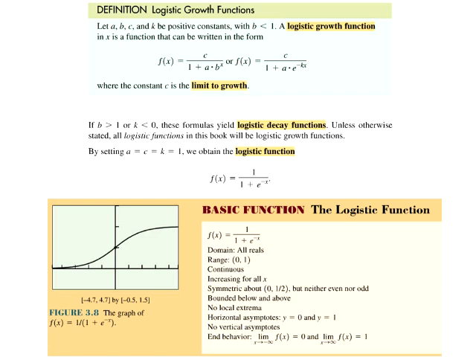So C is what we call that maximum value. Essentially what we're doing is we're introducing another horizontal asymptote. We start with the horizontal asymptote of y being greater than or equal to 0, or y equaling 0. And then we also introduce a maximum limit. The maximum limit is going to be the C that you have in your numerator.